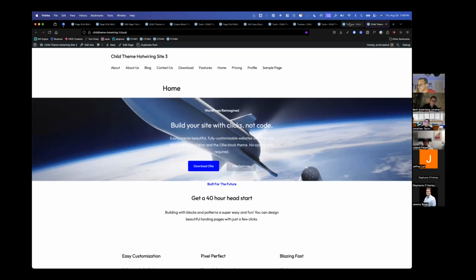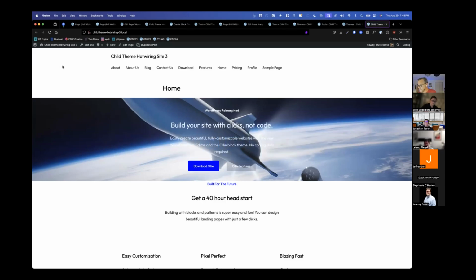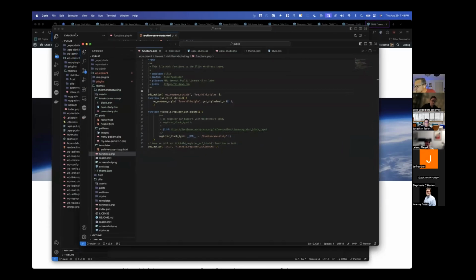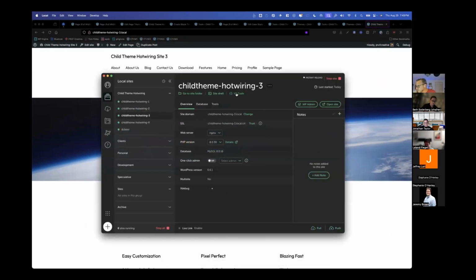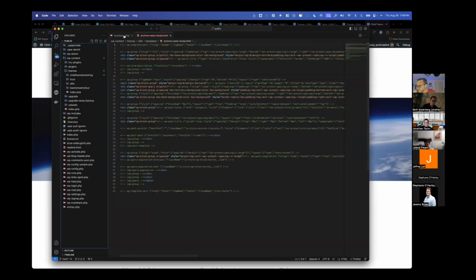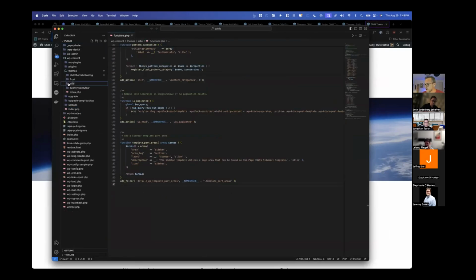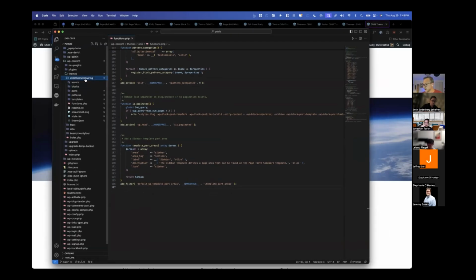And so I've got to open up an IDE. Let's see. No labels for my site. So let me go ahead and navigate to Local and open up VS Code. Okay, there we go. Now, here in VS Code, you'll see I have that hot wiring folder with a number of customizations, the blocks, the patterns,